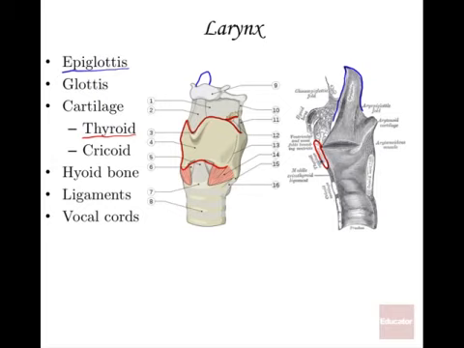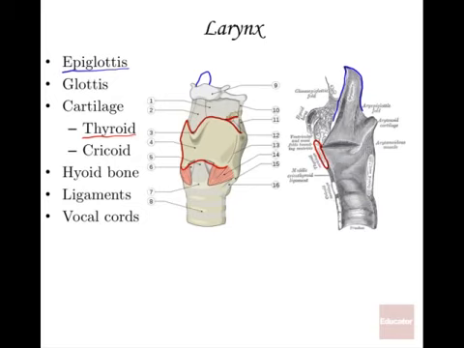Well, a woman has all these structures as well, but an adult female, because of differences in sex hormones, it's typically not as visible. As a male goes through puberty, the size of the vocal folds and the larynx in general is going to become more visible. The vocal folds especially are going to get broader and larger, and that's going to have an effect on their voice. Your voice tends to drop when you age, go through puberty. And female voice changes a bit too, but not as dramatically in terms of the octave shift.